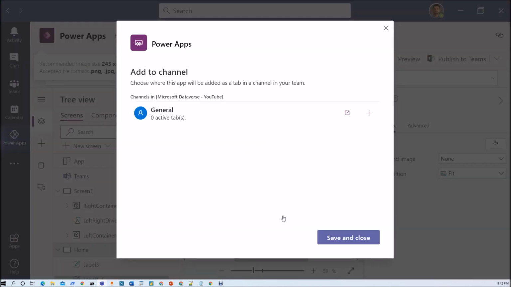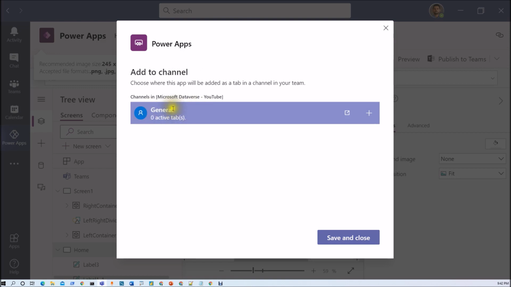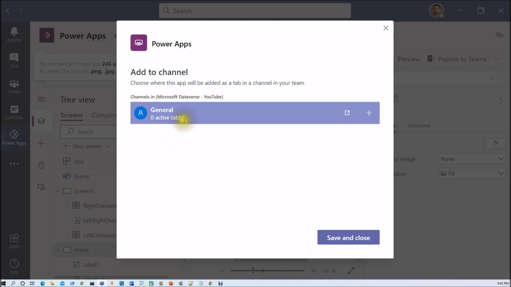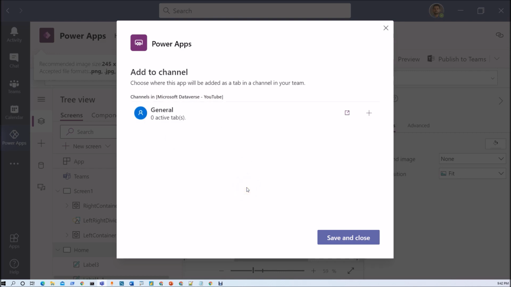This will open a pop-up like this, and here it is showing all the available channels for that particular team. It will show you all private or public channels for that team. My team name is Microsoft Dataverse YouTube, which we created at the very initial stage of this series.